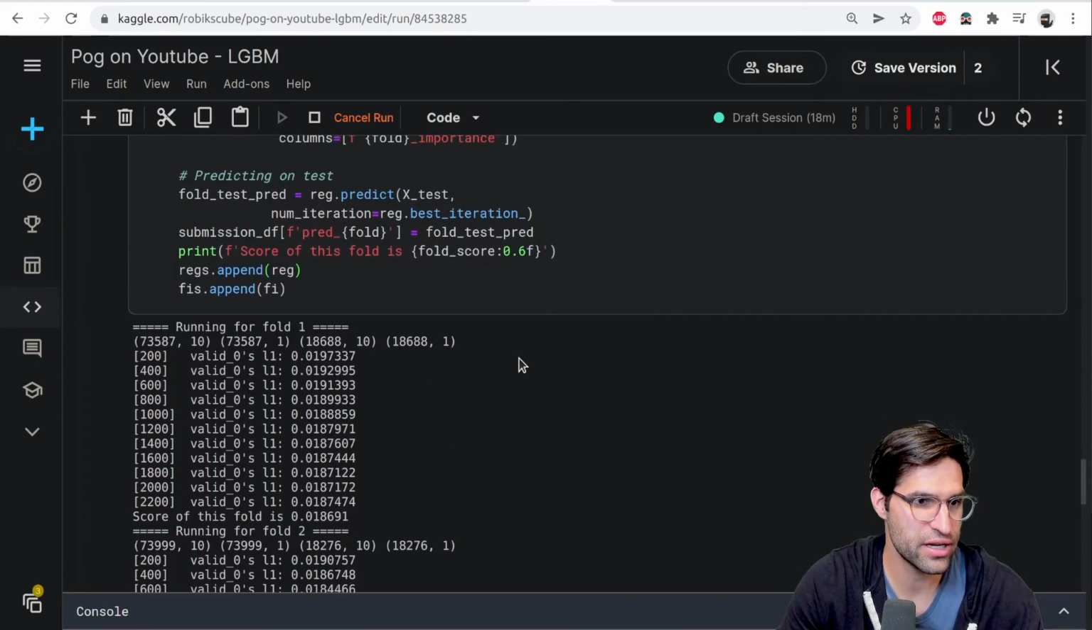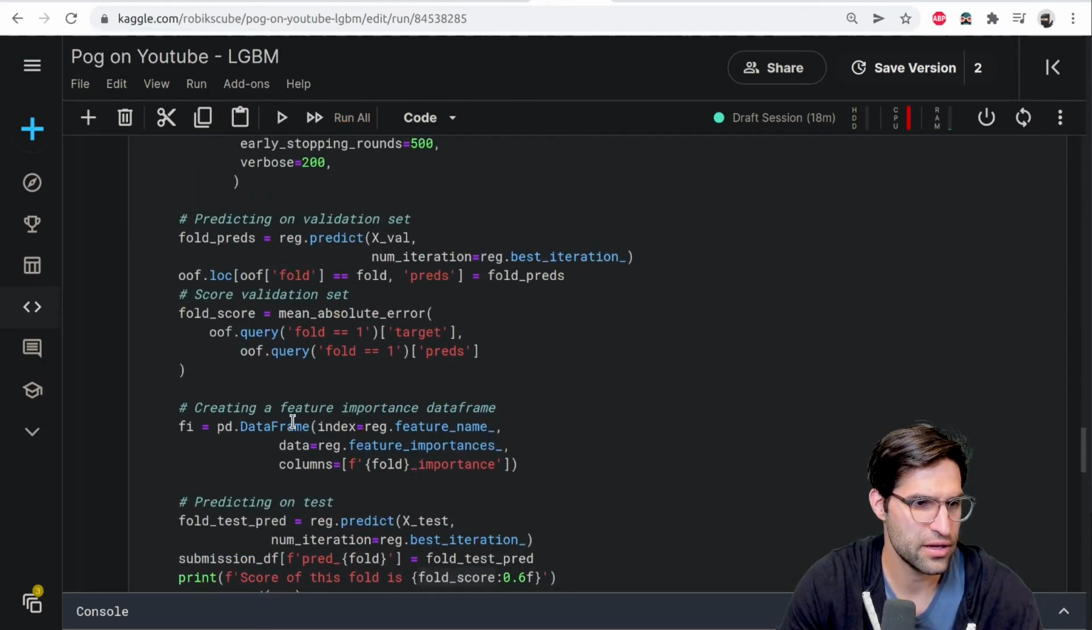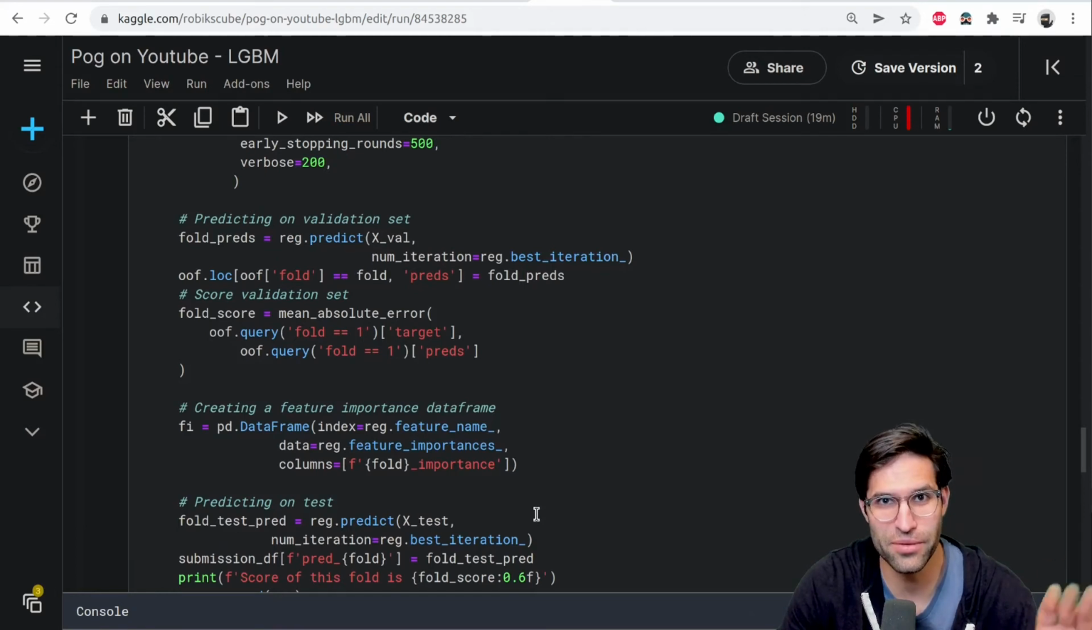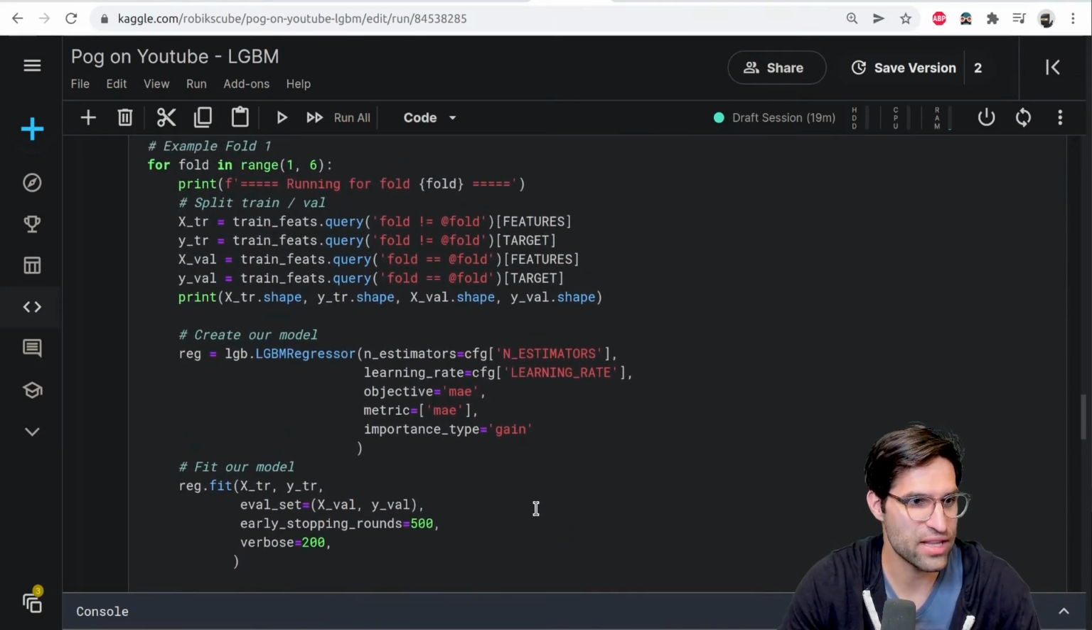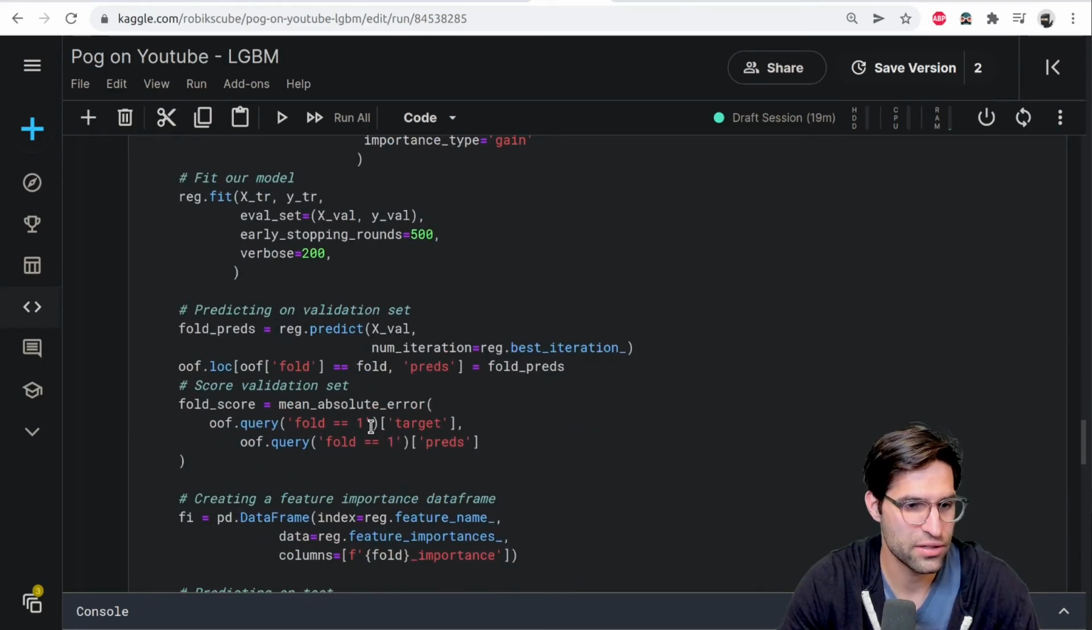Yes, it is going, and it is running that final fold. And I just realized here, there's a bug in this code. It's not a big deal, but at the end of each fold,